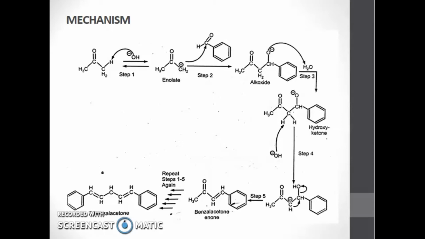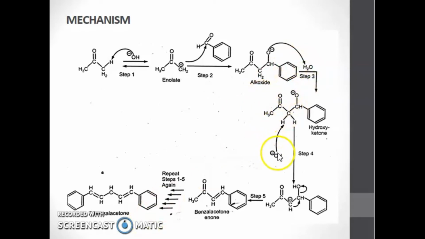So in the mechanism you can see that the acetone molecule reacts with the hydroxide ion of the NaOH to form an enolate. In the second step, that enolate reacts with the carbonyl carbon of the benzaldehyde and the formation of an alkoxide takes place. Further, in step 3,